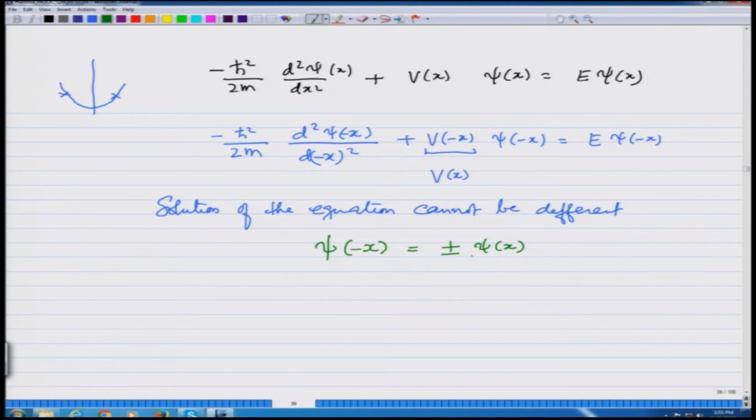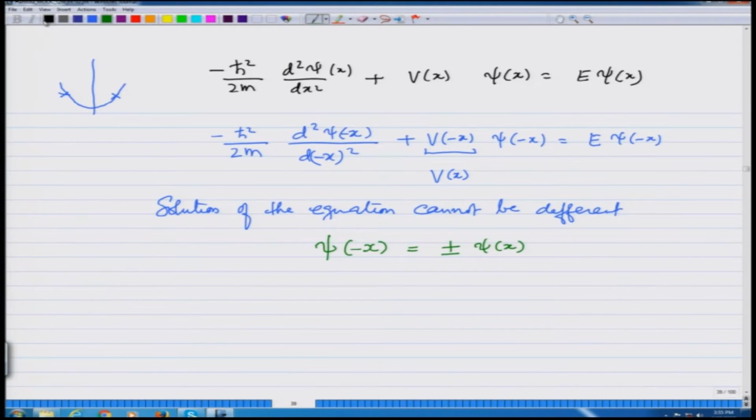I choose that constant to be 1. Even if I take it to some constant c, I can always take that to be 1. Multiplying by a constant does not really change the solution. The important thing is that if V(-x) and V(x) are the same, then the way the solution evolves as a function of x on the right hand side,